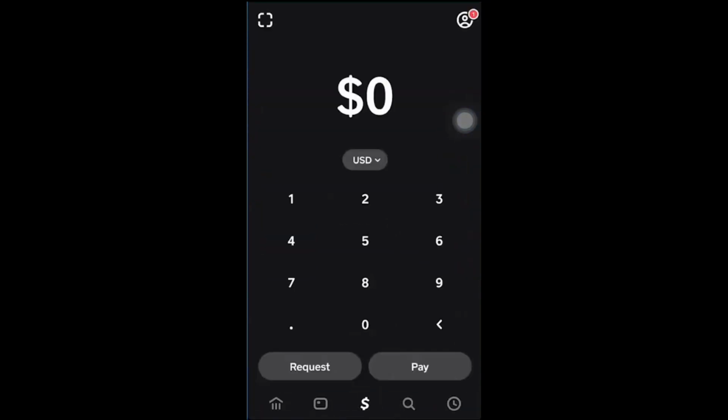Ever wondered how to change your Bitcoin address on Cash App? In this quick guide, we'll show you how to easily update your Bitcoin address for receiving funds. To change your Bitcoin address on Cash App, first, open the Cash App on your mobile device and log into